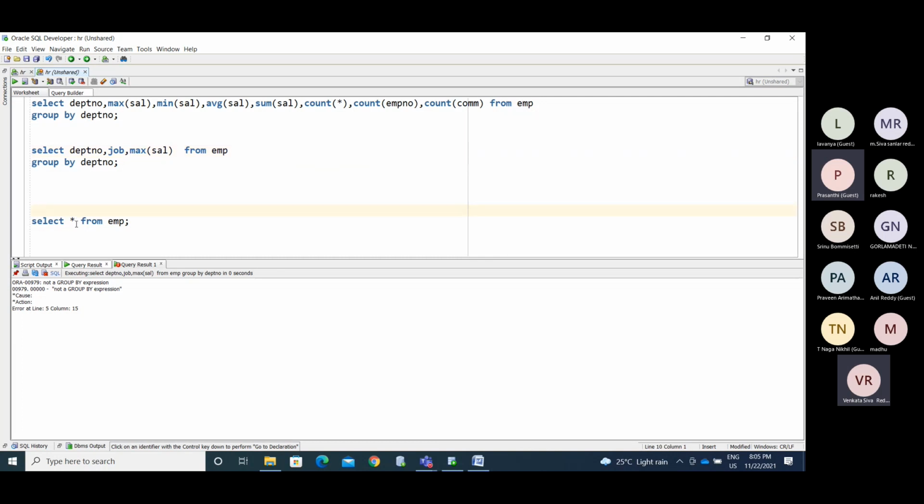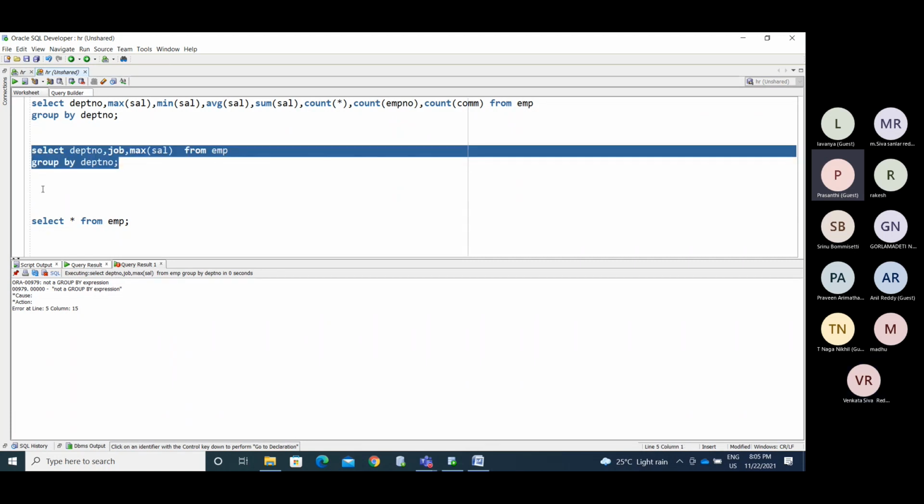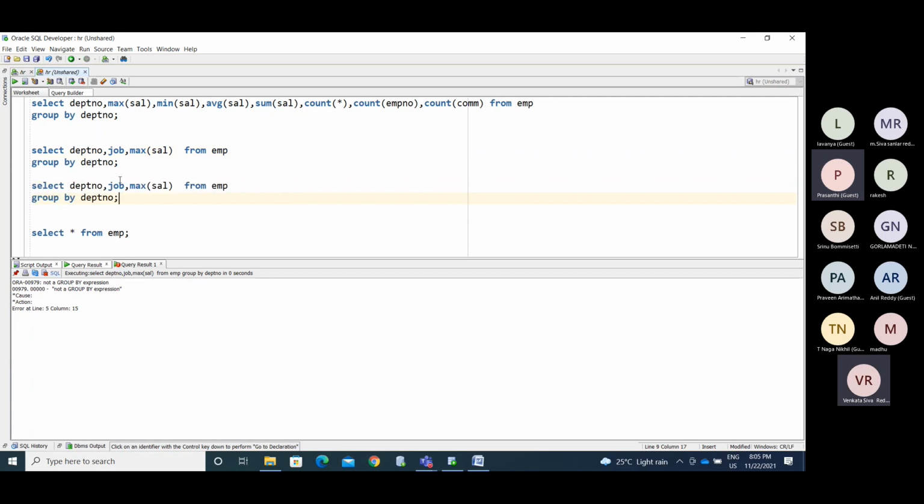Now, these aggregate functions can act as aggregate functions and analytical functions as well. Whatever function we have here, make it analytical by simply using OVER, PARTITION BY department number.